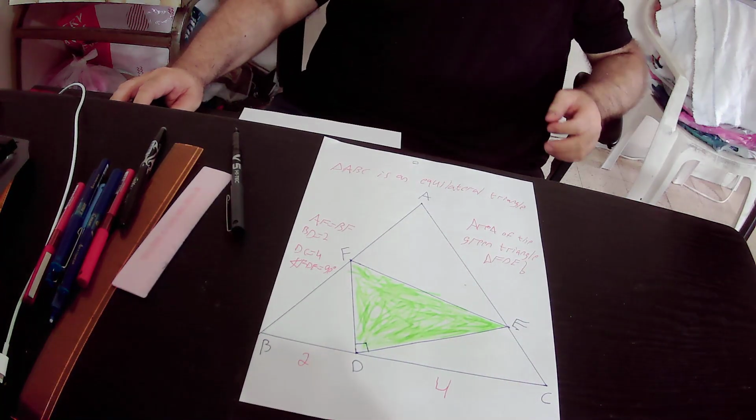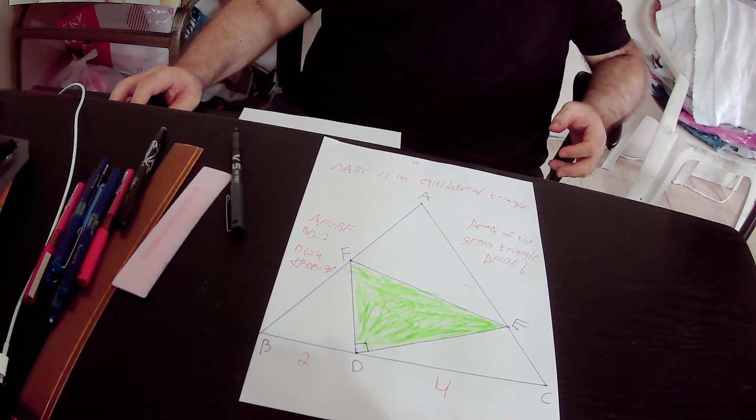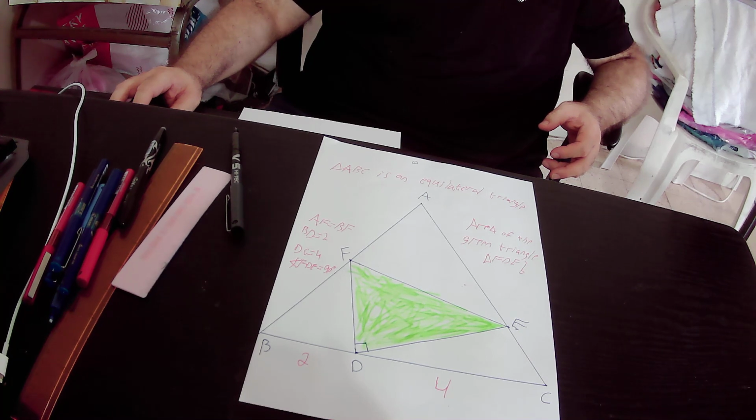In this lecture we will find the area of the green triangle. In the drawing we have an equilateral triangle ABC. ABC is an equilateral triangle, and inside the triangle ABC we have a green triangle that we want to find the area of, and we also know